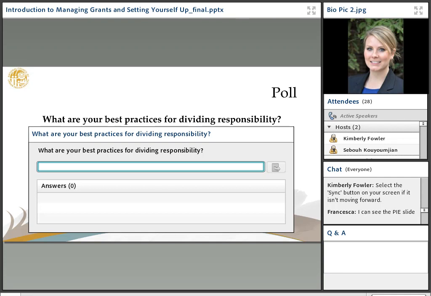You determine that in the application writing process, so that once you're given an application or an award, you already have it all planned out and figured out from the get-go of who's doing what, and everybody's aware because they were all involved in the application writing process.